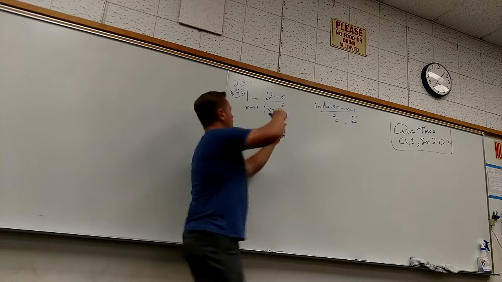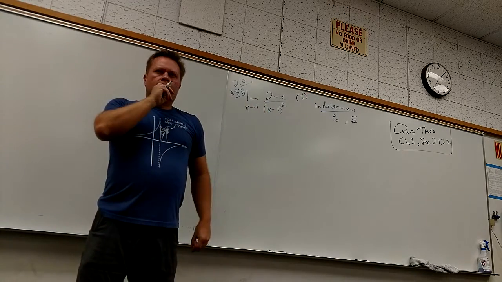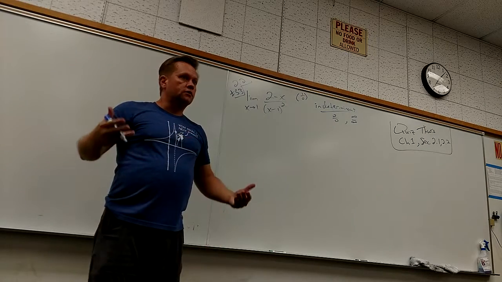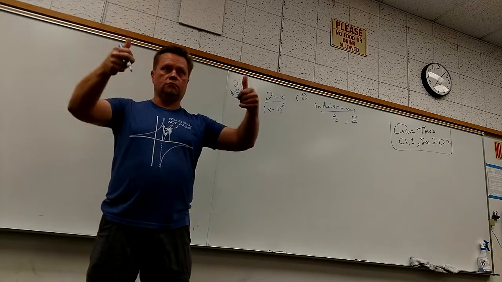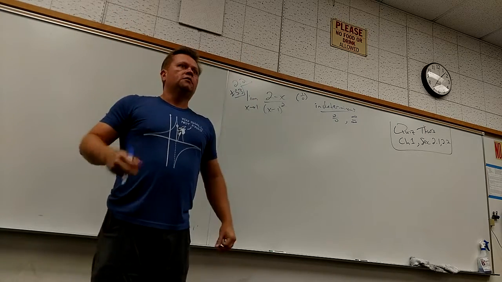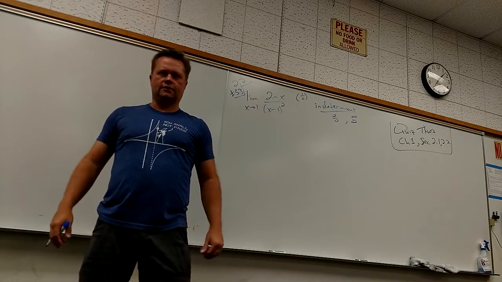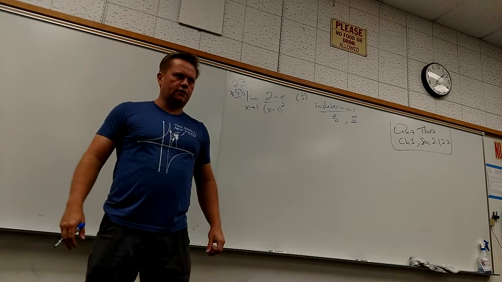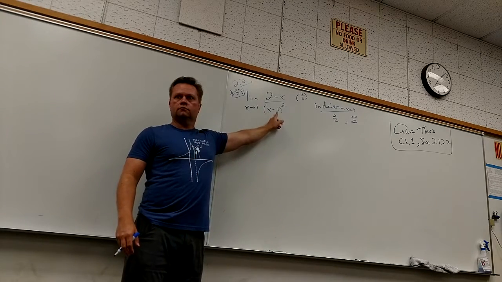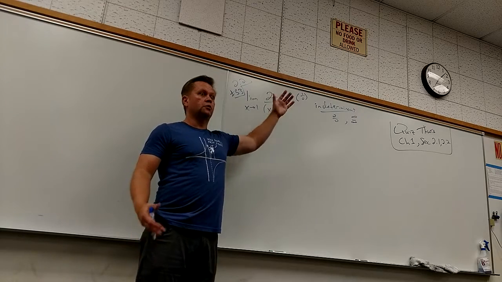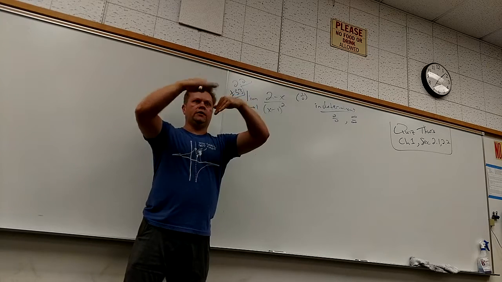What form is this in? When you plug a 1 in, what form does it take? 1 over 0, right? Which is called undefined. It's also called something else sometimes. Anybody else's teacher call it something else? Infinite. I like it. Because what's 1 divided by really, really small? Really, really big. I like it. Okay, let me stop here for a second. So as x goes to 1, the bottom is getting stupid small. So the whole thing is getting stupid big. So now the question is it positive infinity, negative infinity, or not agreeing?